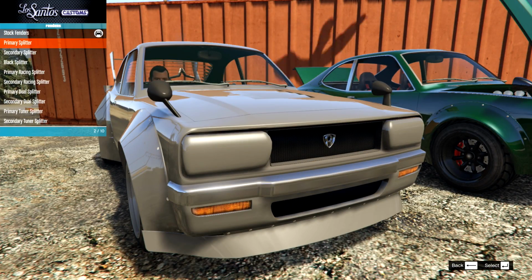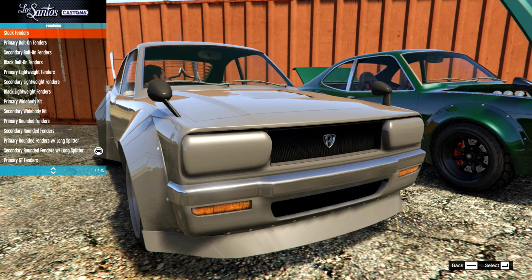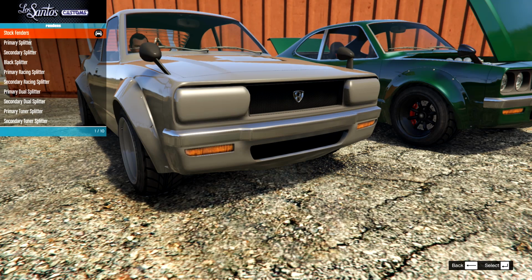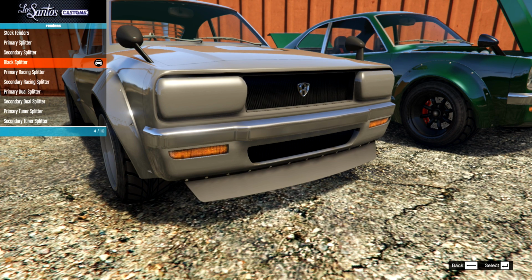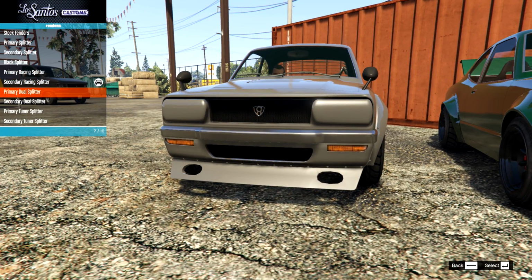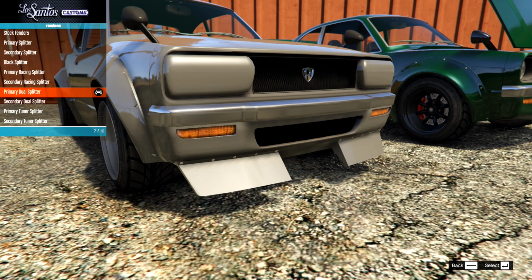Then on the next fenders, oh, we've actually got options of splitter. Okay, right, hang on. We're gonna have to get rid of this splitter just a second so we can see what's going on here. Right, so these extra splitters, if we weren't to go for that full splitter build, we could have the primary splitter, secondary color, black splitter. Then we have the primary racing splitter, that in secondary color. Or we have this weird dual splitter, which I think would actually go with the...